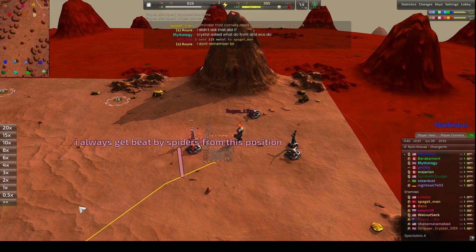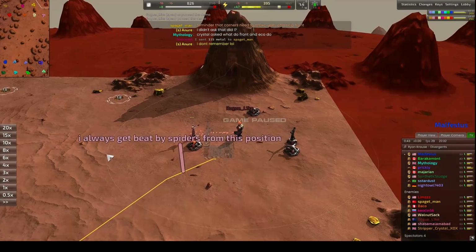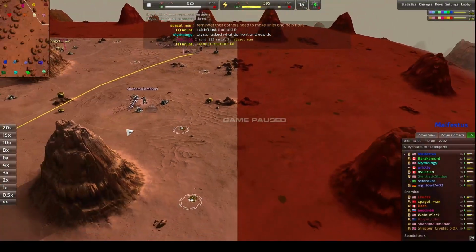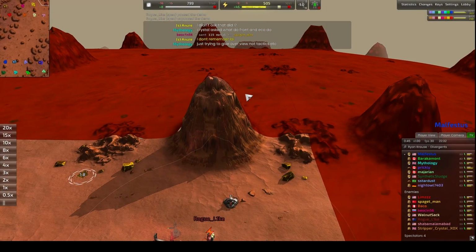Now, first up, I'm thrown a little bit and discombobulated by this sentence. I always get beat by spiders from this position. Like, this is pretty random, guys. So I thought there must be some sort of meta in which spiders were dropped by a transporter plane on this icon, and